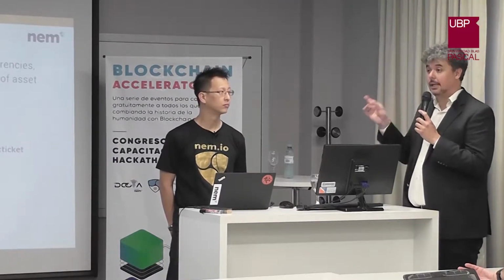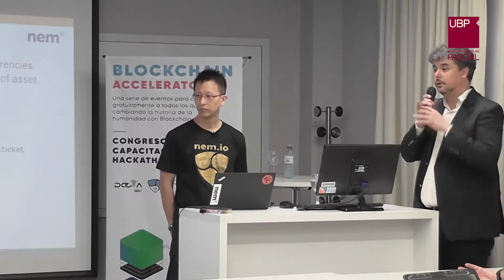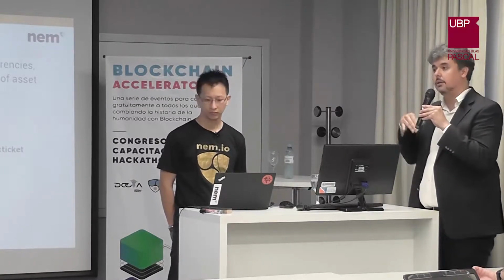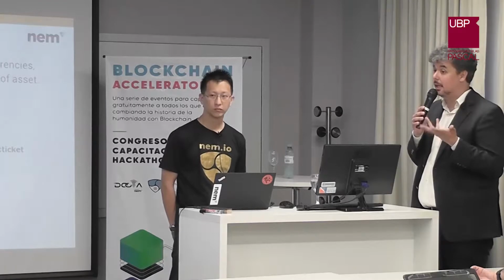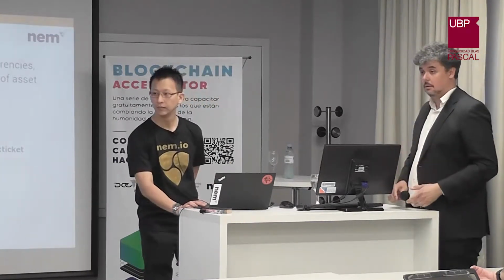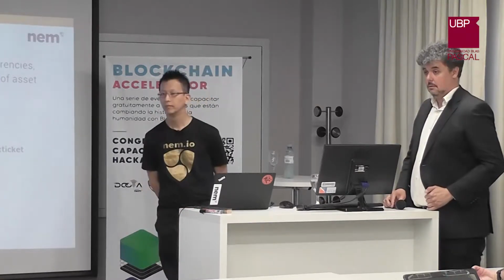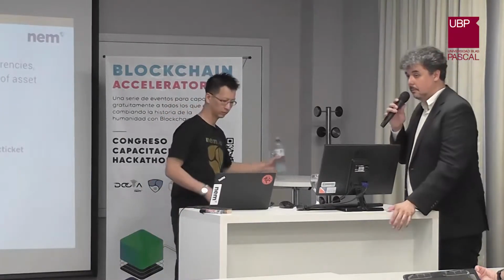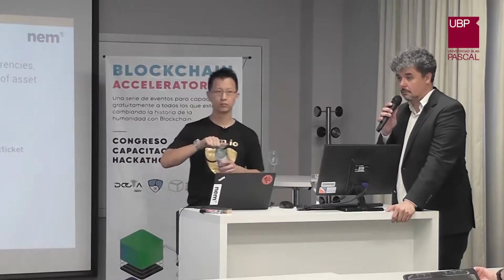O sea, el número de cliente en sí es un atributo, digamos, de tu account. Entonces lo creas, se lo asignás como mosaic y después lo tenés para representarlo, para, no sé si linkearlo, el uso que le quieras dar. Sí. El mosaic solo pertenece como un token de ERC20 de Ethereum y el mosaic más, el address, como